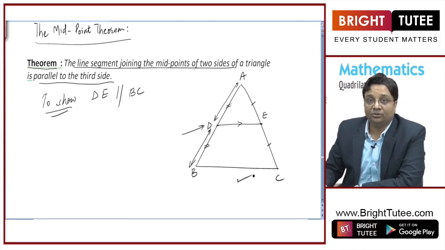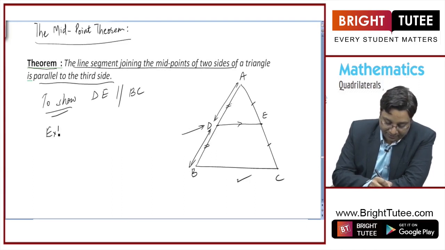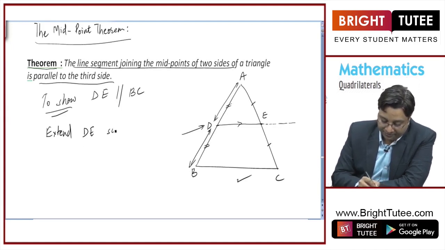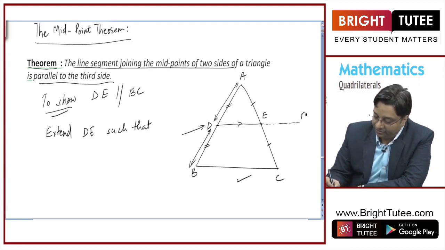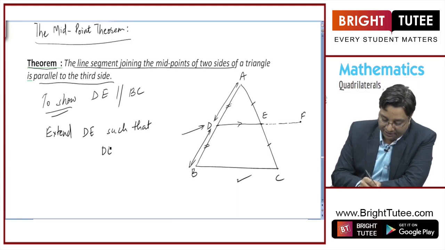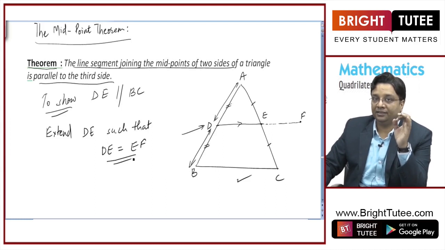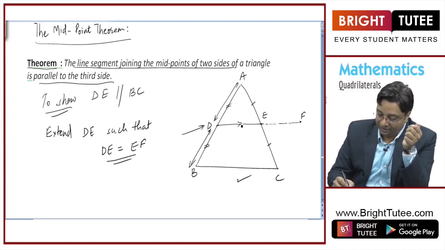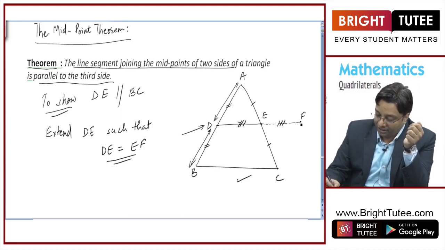For that, I want you to do a little construction here. I want you to extend DE, let us extend it up to F, okay, such that DE is equal to EF, right? So we are extending the segment DE up to point F such that DE is equal to EF. Now if I join F with C,